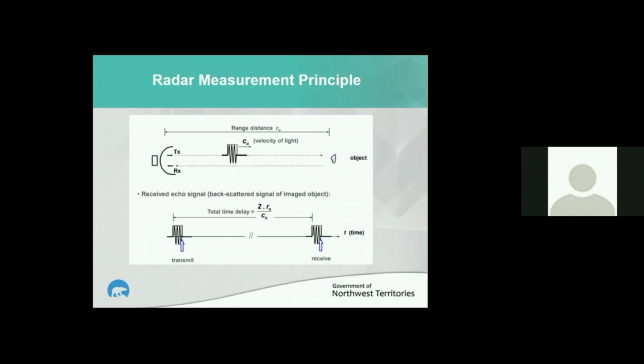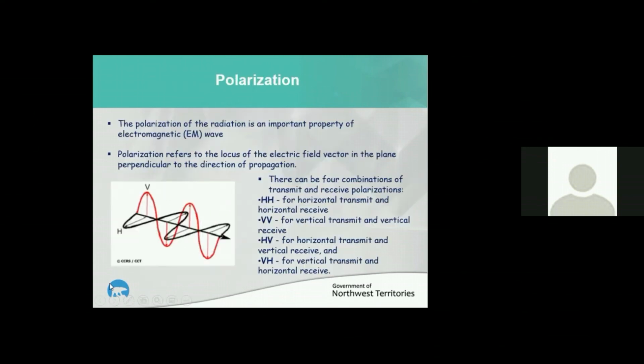But as technology progressed, we're acquiring more and more information from the radar signal, besides the range, right? And so I'm not sure if I can go just slide by slide. So